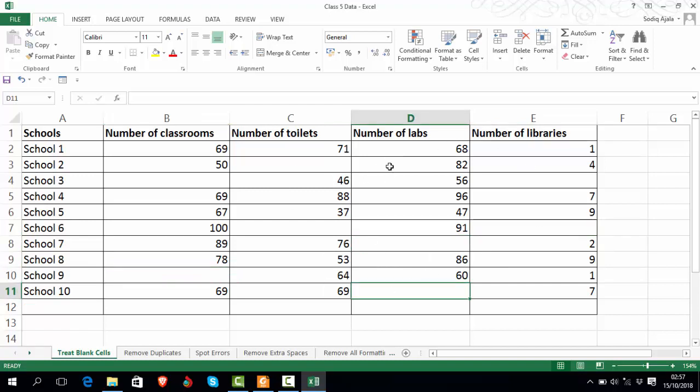But take for instance, you have this large chunk of data that covers everywhere. It might be very difficult for us to spot out those blanks. And that's the reason this formula is very important. So how do we spot out blanks? And how do we correct them? So the first thing you do is